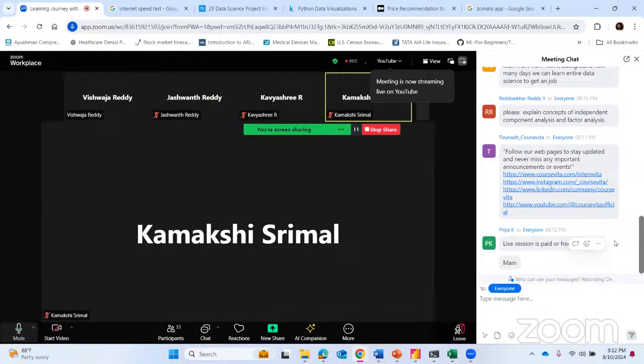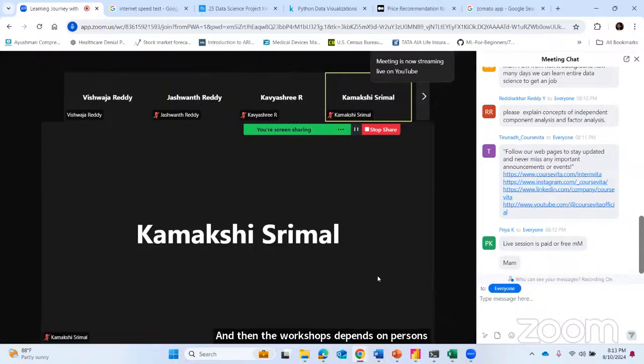So in the upcoming sessions, you will have a few workshops, and in the workshops it depends on the person. We have free as well as paid courses. Paid is nothing but you will have all the detailed understanding. Let's say in one workshop, I can't cover the whole journey of data science. I can take you through Excel, I can take you through Python only when you register and come into Course Vita, then we can have one-on-one sessions. So that's where we are having some paid courses also.